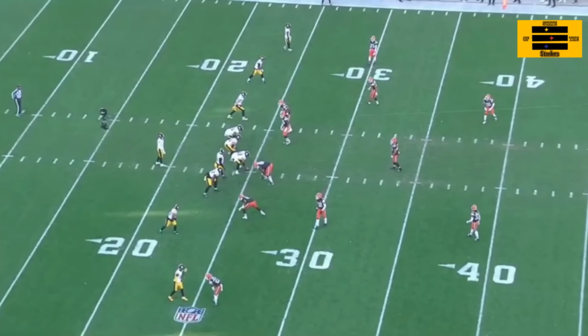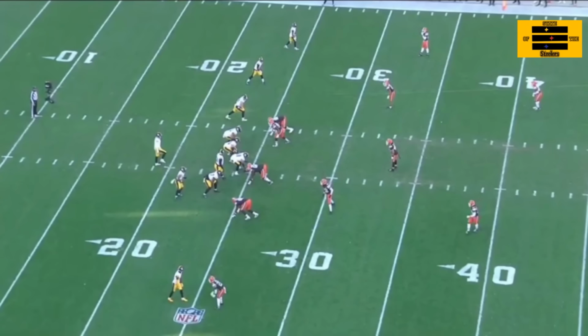The middle linebacker read that and blew it up in the backfield. Fortunately, we got a delay of game. There would have been 4 screen plays that didn't work before we get to the 5th one that finally does work. On that last play,